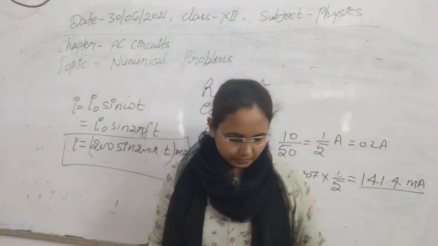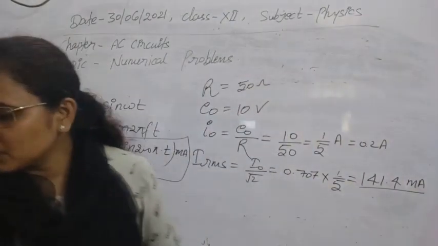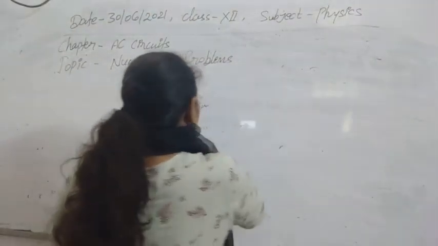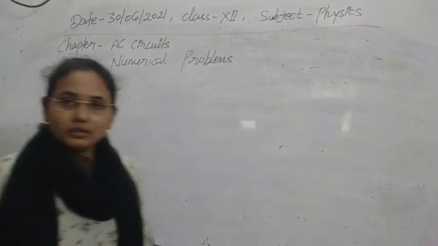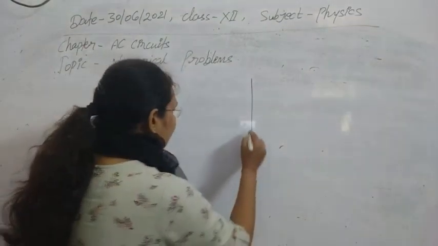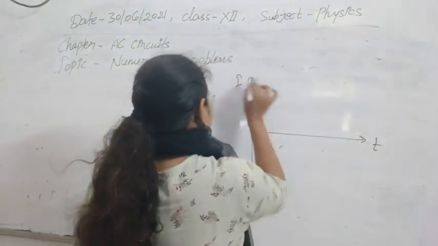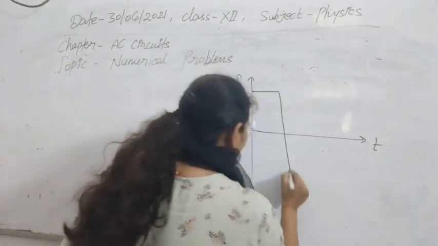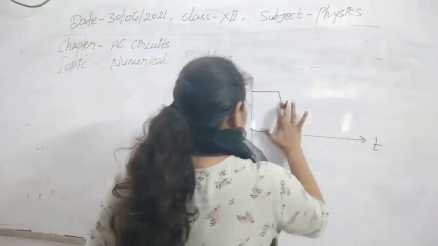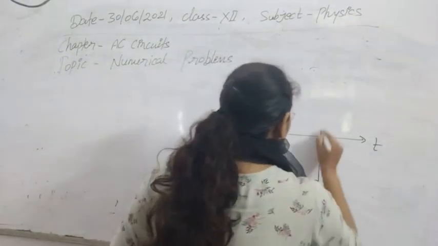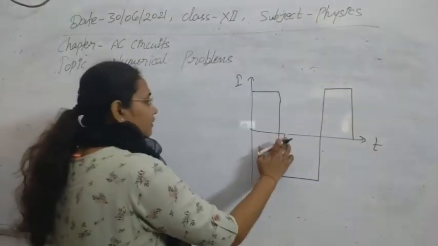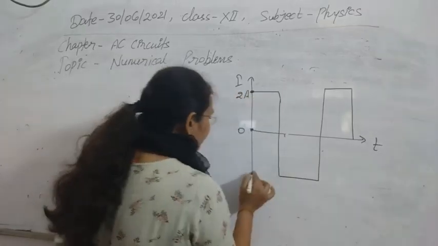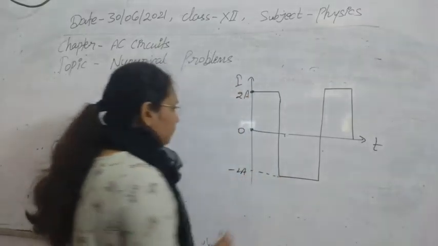is given to us. Next, after this one we have a question related to a graphical problem. A graph is given to us between time and current. Here is a current-time graph: this axis is the instantaneous value of the current, and this is time. And for this one, such kind of graph we have. This is a rectangular graph. In this rectangular graph you can see its peak value is given to us, equal to 2 ampere, and in the negative direction it is also 2 ampere.